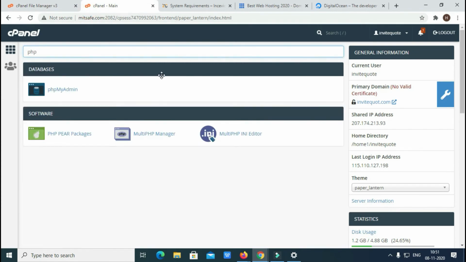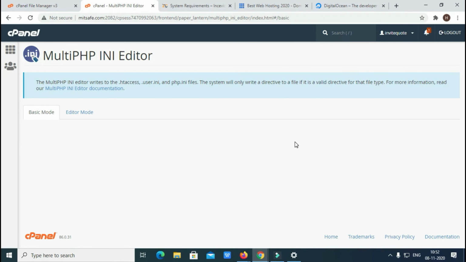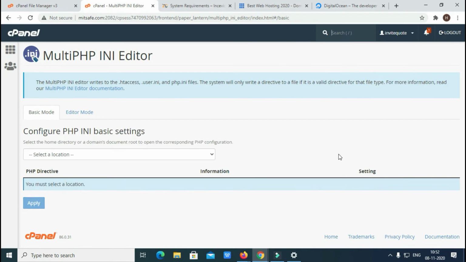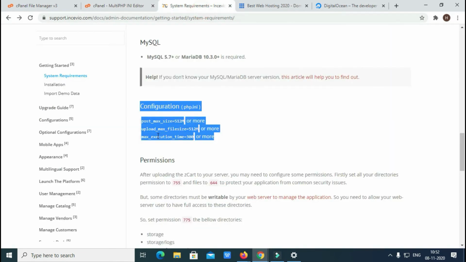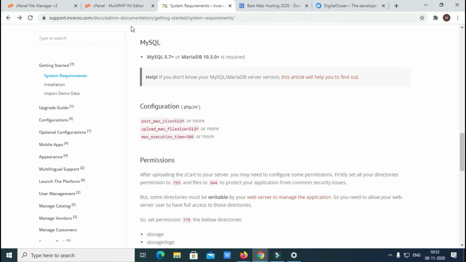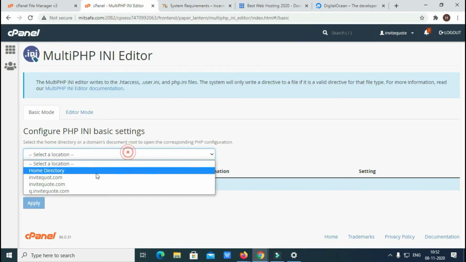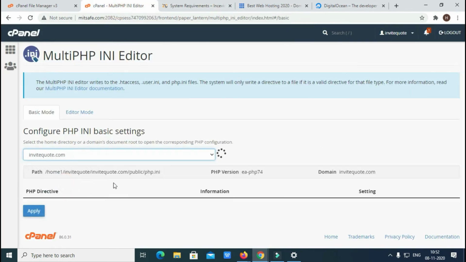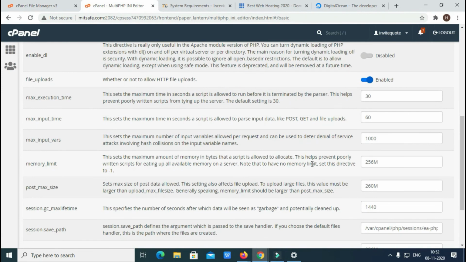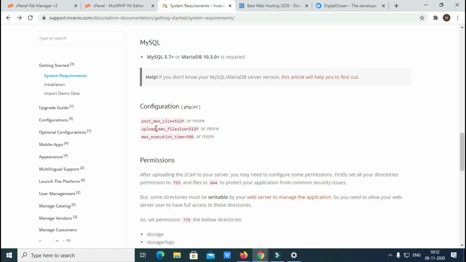php.ini. So we are here to change the php.ini. What they say: post maximum size 512. So I select my domain, post maximum size is 512 or more, I set 1024.